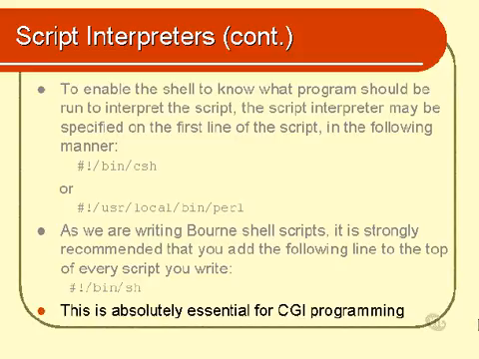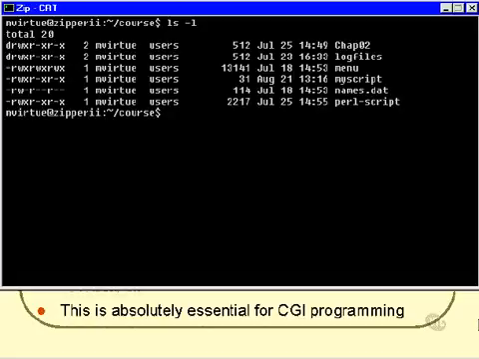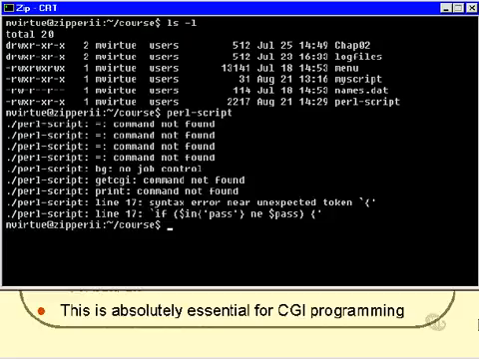I'll just give you a brief demonstration of that. In this directory I have a script called Perl-script. This is a script written in the language of Perl, not written in the language of the Bourne shell. Now, it's still an executable file, so theoretically I should be able to execute it. So let's try that. Perl-script, and I get a bunch of error messages. And the reason I get those error messages is I have not specified the script interpreter at the top of that file. So let's now open up Perl-script